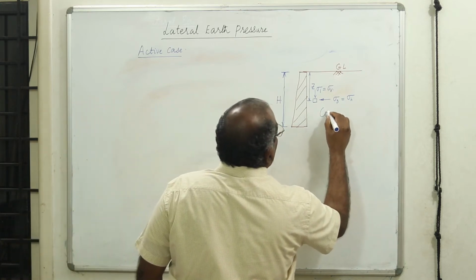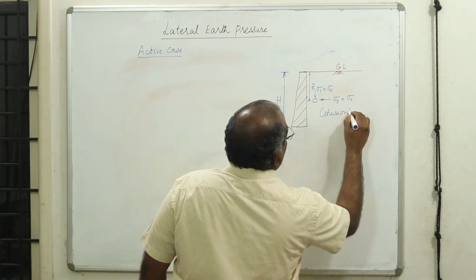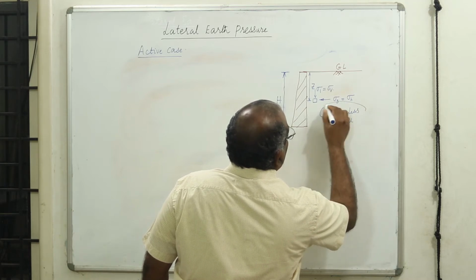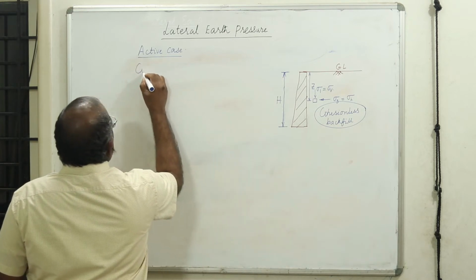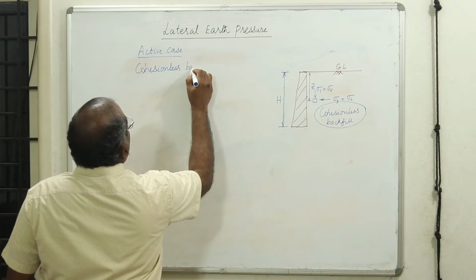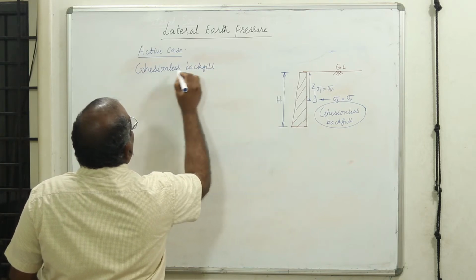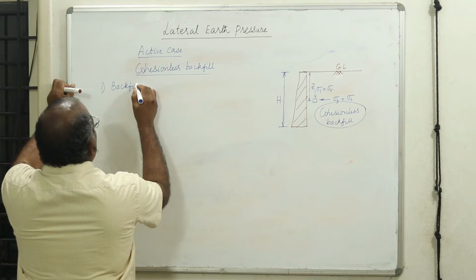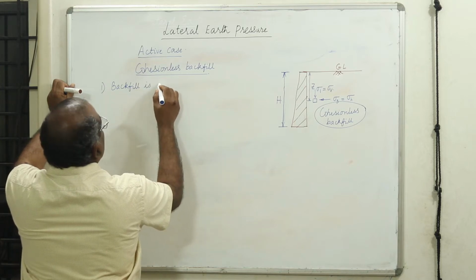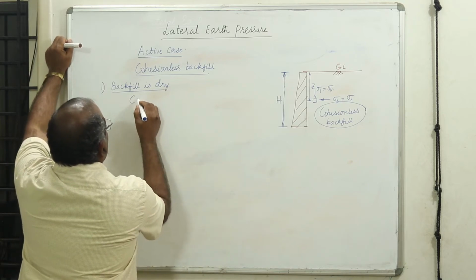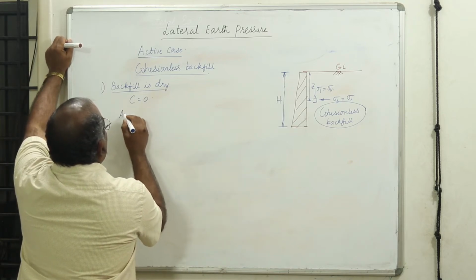Since this is a cohesionless backfill, what happens to the value of C? C is 0 for all the cases. Now we will take the first case where the backfill is dry. When it is dry, you have C equal to 0 and at plastic equilibrium